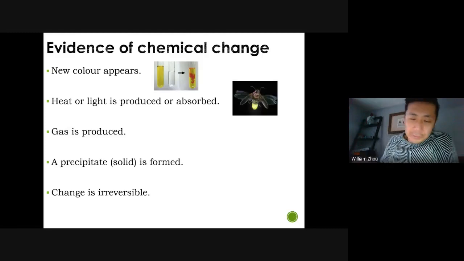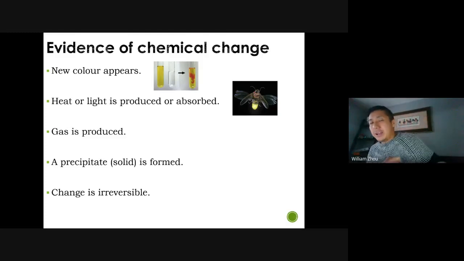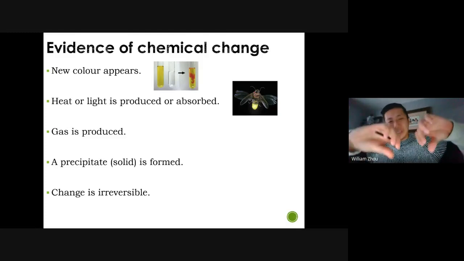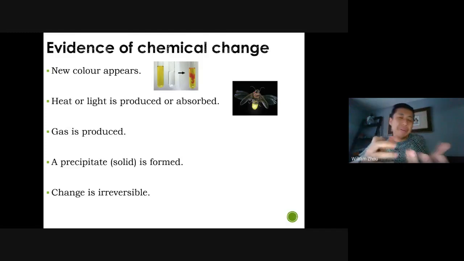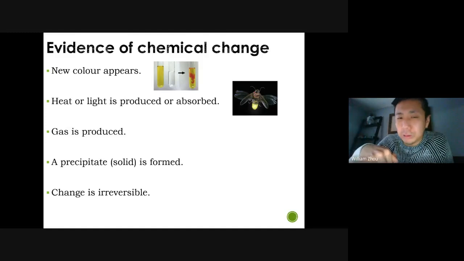Okay, and also if the thing feels warmer than before, or it's producing light, it's also chemical. Okay, I'm not saying you put it over a stove. That's different. That's physical. I'm saying that in a chemical reaction, you mix two test tubes together. Something is happening, and then you feel the test tube. Now it's becoming warmer and warmer, and you didn't put it over a source of heat. It is generating the heat itself. That's chemical. Okay, chemical reactions can generate heat, or it can absorb heat and make it colder, and also produce